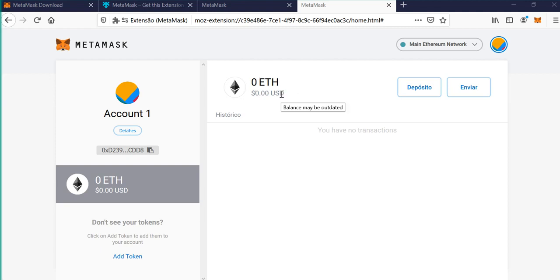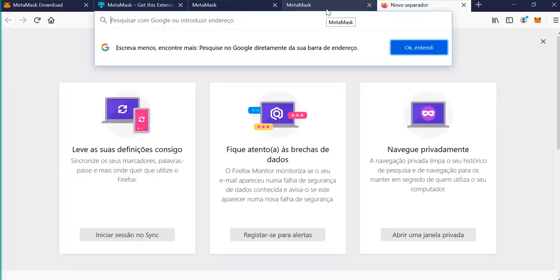So after you create your MetaMask wallet and put the Ethereum here, you can contact me and I will teach you how you can buy Ethereum if you don't know how. Okay, so the next step is, you need to have the